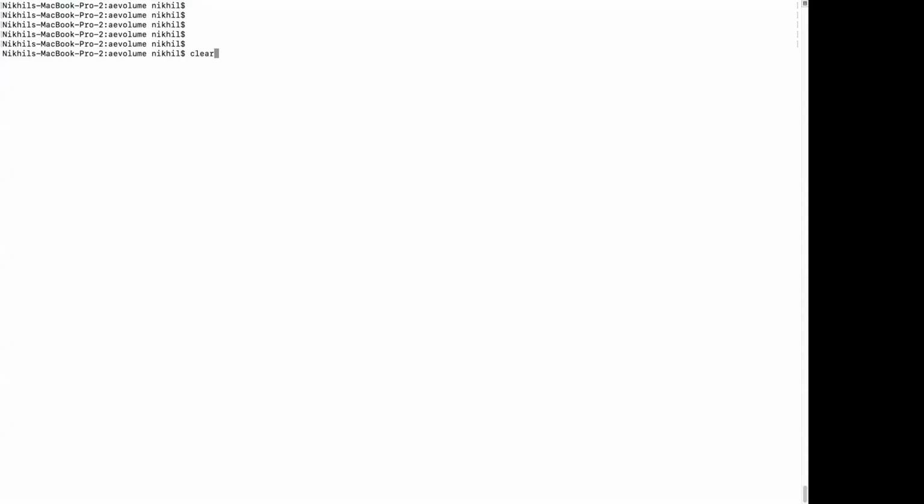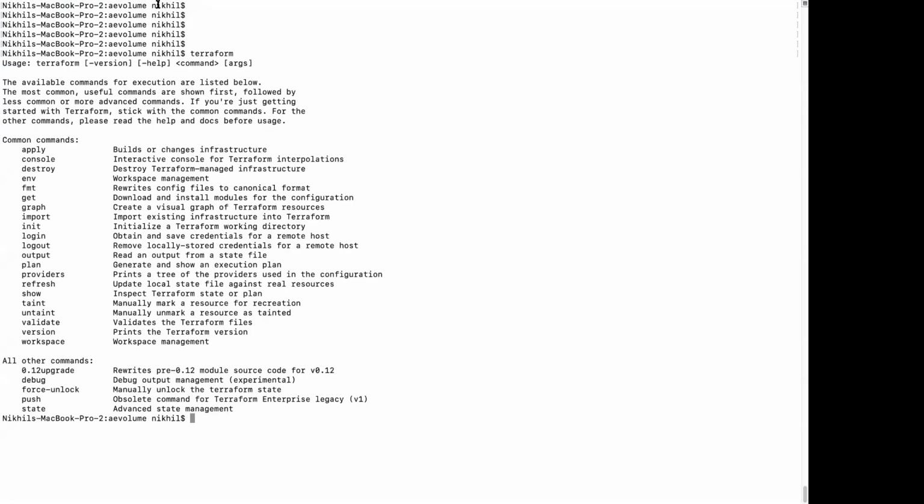Okay, I hope you are able to see my terminal now. So let's type in Terraform. You should be able to see something like this. It prompts all the different commands that it has, which you can use. We are not going to be looking at all of these Terraform commands, but mainly the major ones, which will help you spin up instances or commission a new infrastructure, and also even destroy a particular infrastructure. So let's do that.